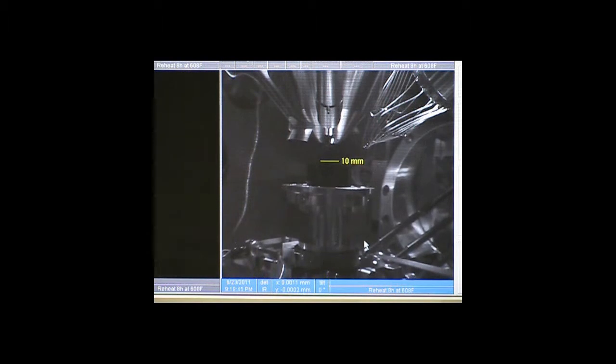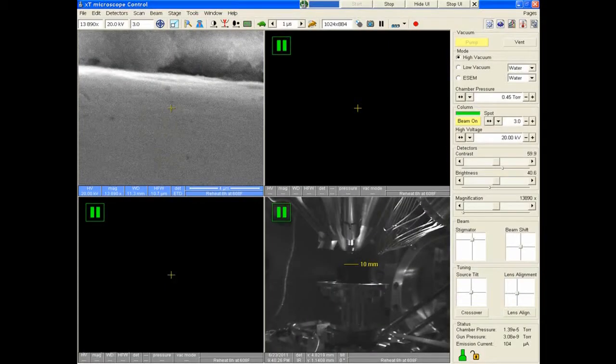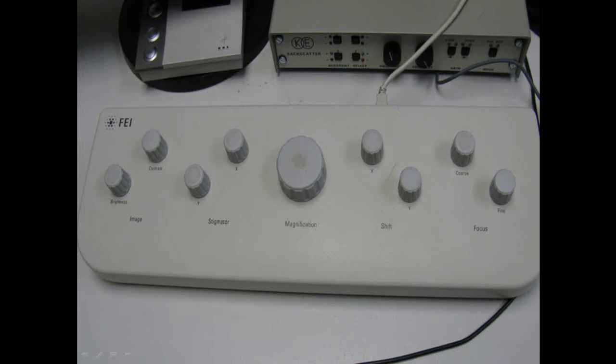Turn on the electron gun after vacuum conditions are prevalent. Bombardment of the electron beam on the sample emits signals which are collected to get the image of the sample. To manipulate the image, the control panel is used. There are several knobs in the control panel, which include the ones used to adjust the brightness and contrast of the image. The central knob is used to magnify the image.